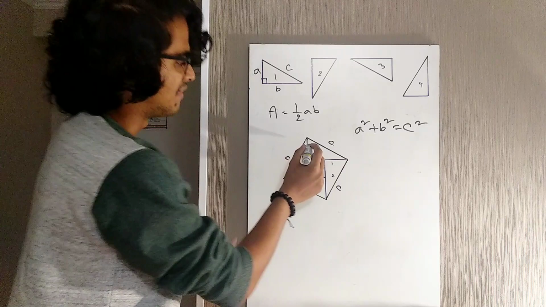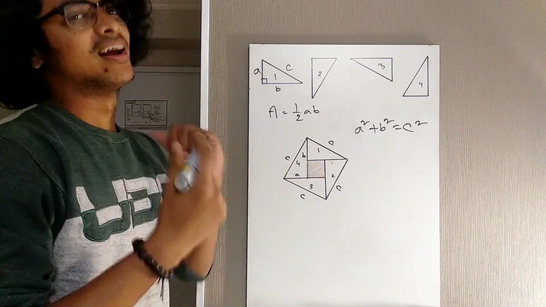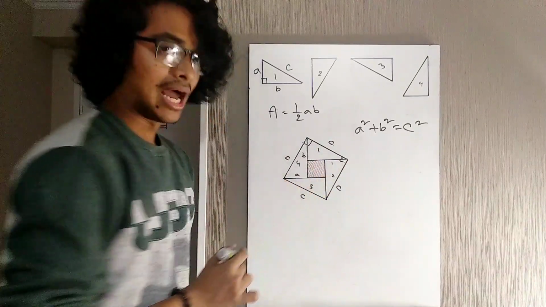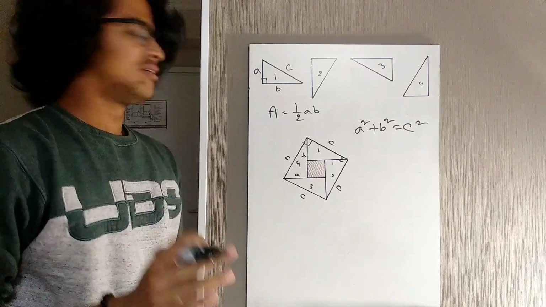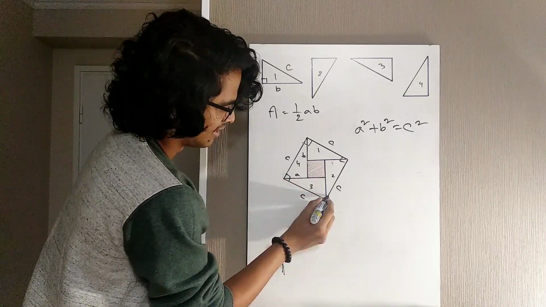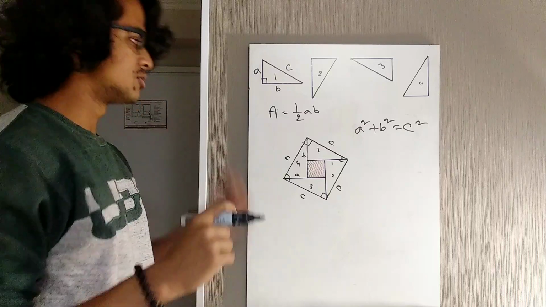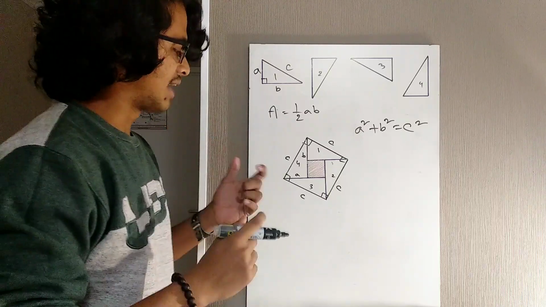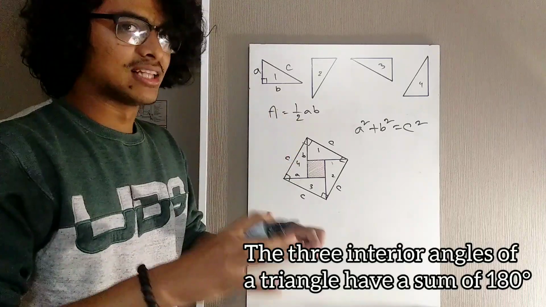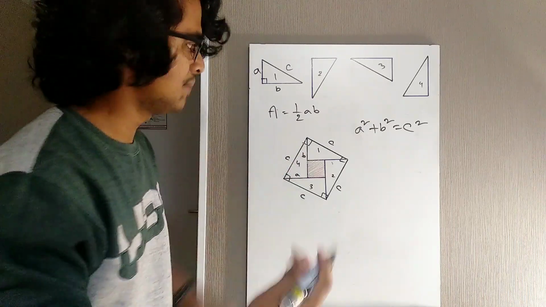We don't know anything about the angles of this quadrilateral, but it's not very difficult to prove that all of its angles are actually 90 degrees. Well, how do you prove it? I will leave it as an exercise for you. Try to prove why all of its angles are 90 degrees. Actually, it's not a very difficult exercise. You will need two things. I'll give you a hint. You will need to know the fact that the summation of the interior angles of a triangle is 180 degrees. So basically the interior angles of a triangle add up to 180 degrees, right? So this is the theorem.